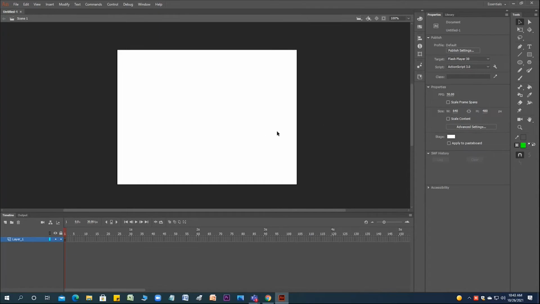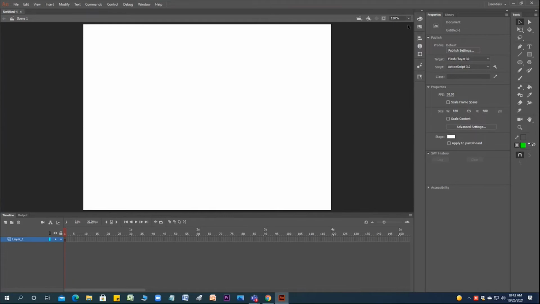So for example, from here this is your stage, and it is 100%. You can go here, and if you click fit in window, you get this way you can look at your stage. Whatever you are doing, if it is within this white rectangle, it is going to be finally rendered or visible, and whatever is lying outside is going to crop out, or the software will not consider it.